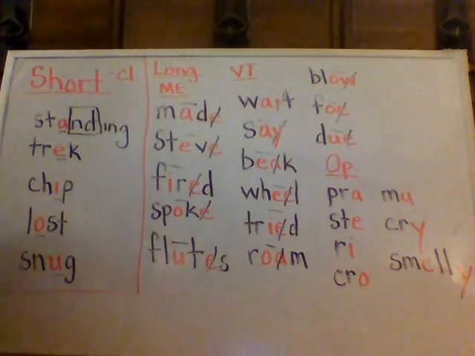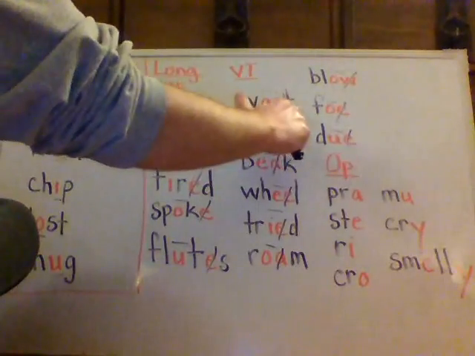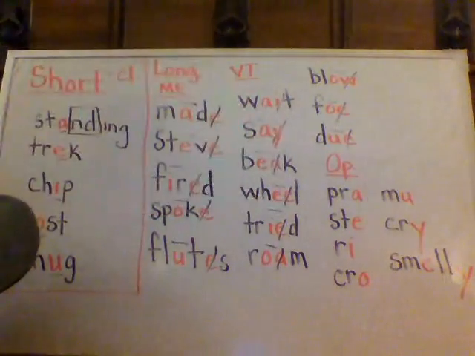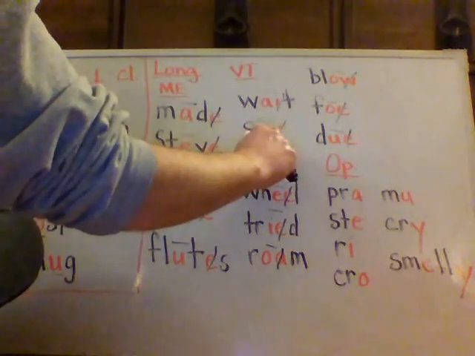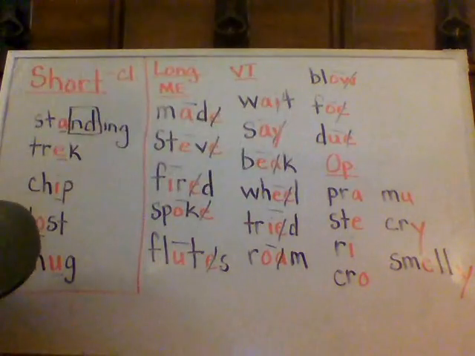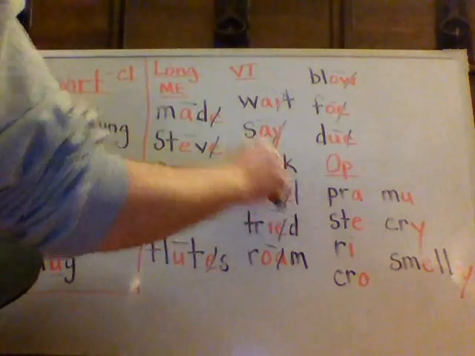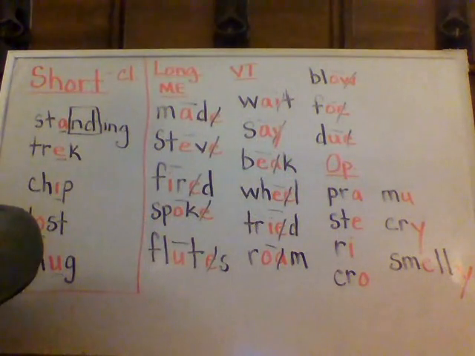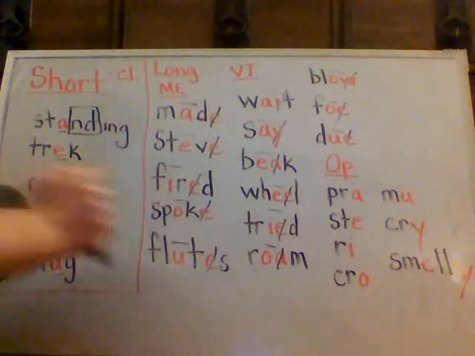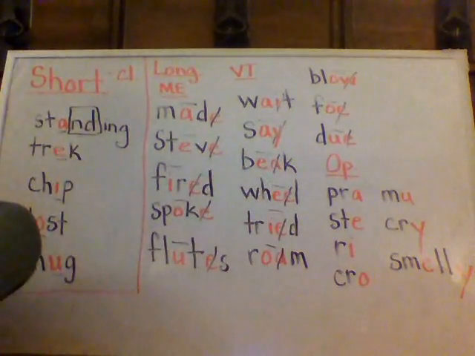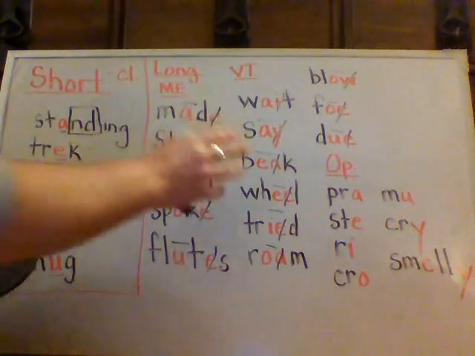The A is first. Let's read this with A. Wait. AY together will be long A. The A is first. Let's read this with A. Say, and there's Y being part of this vowel sound. EA together will be long E. The E is first. Let's read this with E, beak. EE together will be long E. The E is first. Let's read this with E,